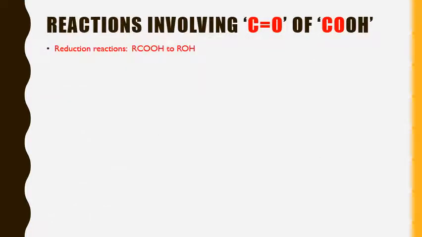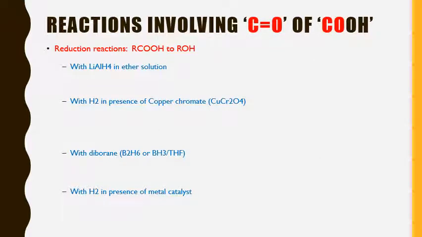So what are the reactions that involve the carbonyl group of COOH? Basically, how does the carbonyl group of COOH undergo reactions? It undergoes various reactions basically in the form of reductions. All these carbonyl groups undergo reduction where they result in the formation of either alkanes or the lower alcohols, which are primary or secondary alcohols depending upon the reagent and condition. So there are many reagents which involve the carbonyl group.